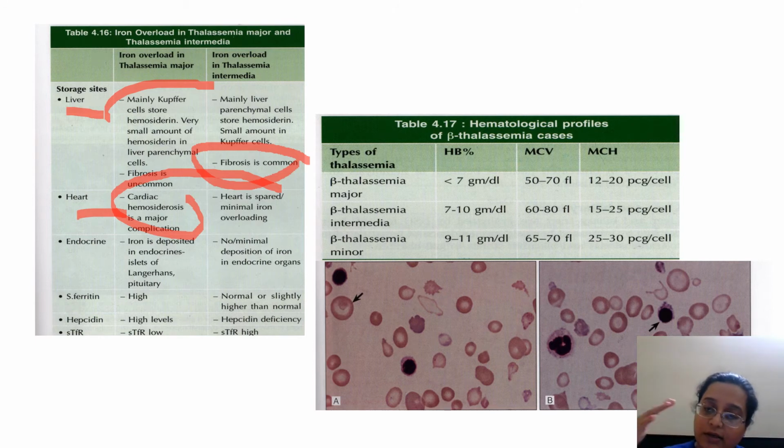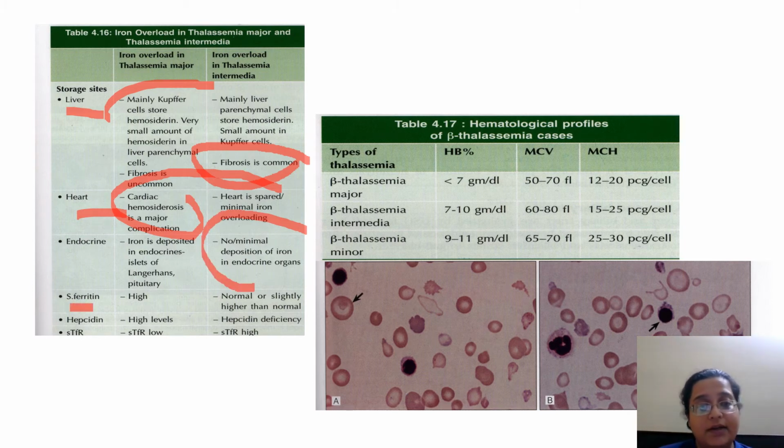So, in an intermediate case, there's some deposition injury and a long chronic history, and still the patient is fine, maybe some hemosiderosis with fibrosis. In major, there's so much iron. There's so much iron each and every time, even if it is chronic, that you don't get that kind of time for that fibrosis to happen, because fibrosis happens after injury. It is a sign of healing. That healing is not happening in major, which is happening in intermediate. Endocrinopathies, again, they are minimal in intermedia.